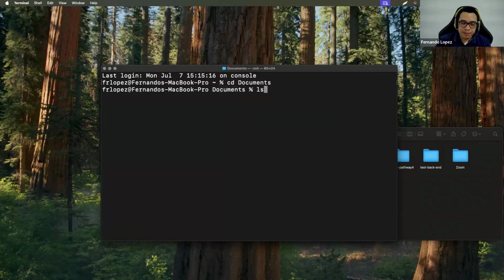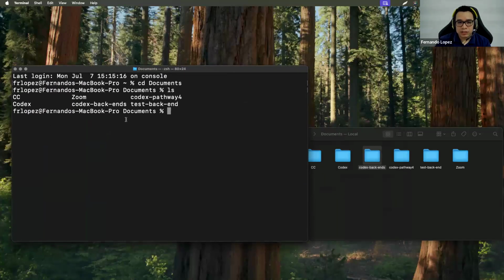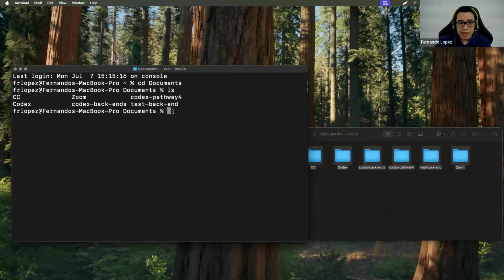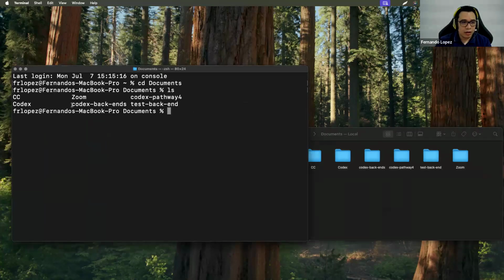If I prompt the ls command, I will list the folders that I have in my path. As you see, there are 1, 2, 3, 4, 5, 6 folders. Now, I need to clone the repository in this folder, Codex backend.